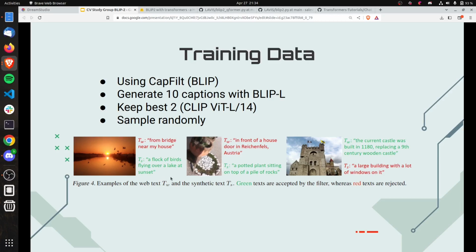And then they try to figure out, okay, maybe sometimes the web caption actually is the best, but sometimes the synthetic one is better. And then they actually keep two captions for each image, which also is interesting. So they're not saying, okay, we just want to find one best, but we keep two. And then they just sample randomly at every run, basically, which of these two captions they're using. I think they're not going into detail about what exactly the advantage of it is, or if it is any advantage. But yeah, surely it is an interesting approach to keep two of them.